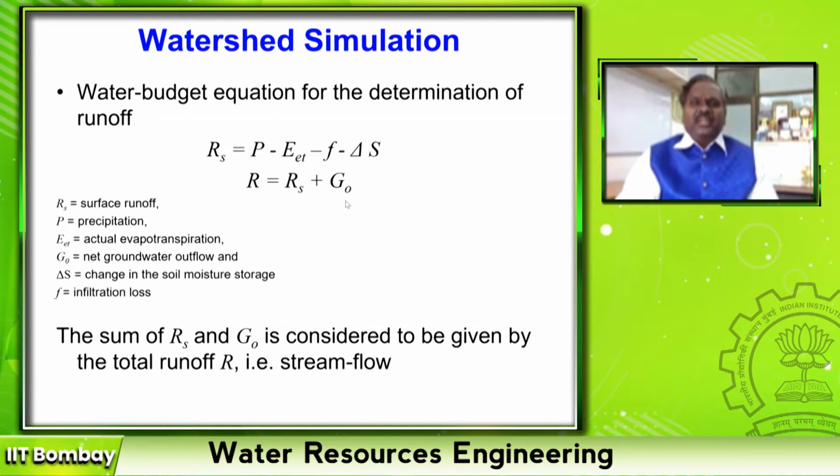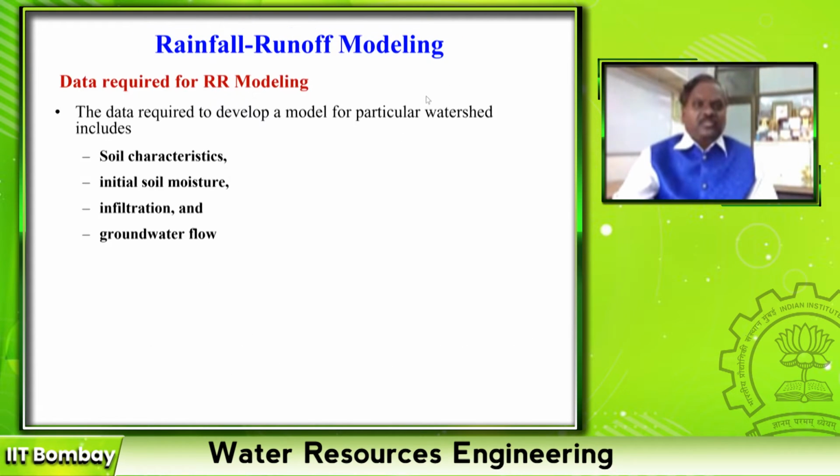That means it is the difference between how much is contributed to the groundwater and how much is taken from the groundwater. Okay, some of the researchers consider the groundwater inflow equal to groundwater outflow. So when, in your model or in real life, the draft is more than the groundwater outflow, that is what we call depletion. Okay. So these are all the data required for rainfall runoff modeling.